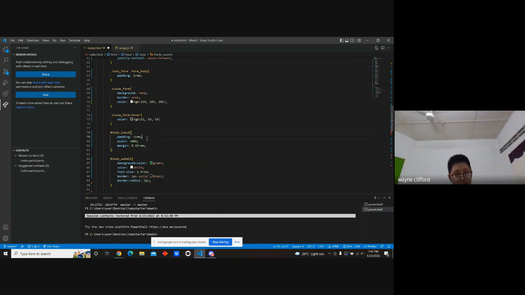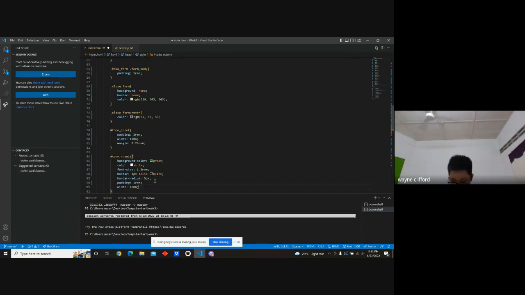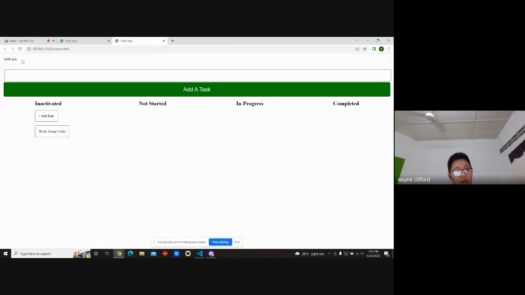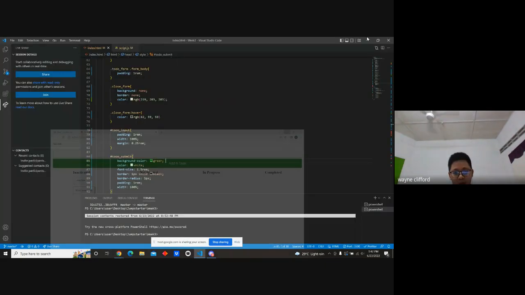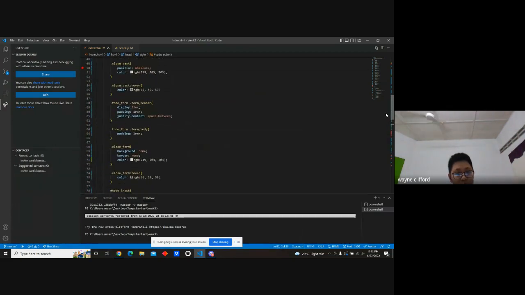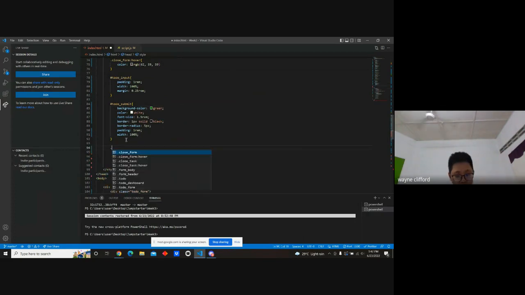Okay, so same, I need a padding and also width because both of them are aligned. So a padding of... okay, it should be the same now. Okay, the form and also the add task and also the title and the button. So now we have to set a size for this to-do form. So this to-do form, I give a name to. Okay. To-do form, a width of about, I try this,